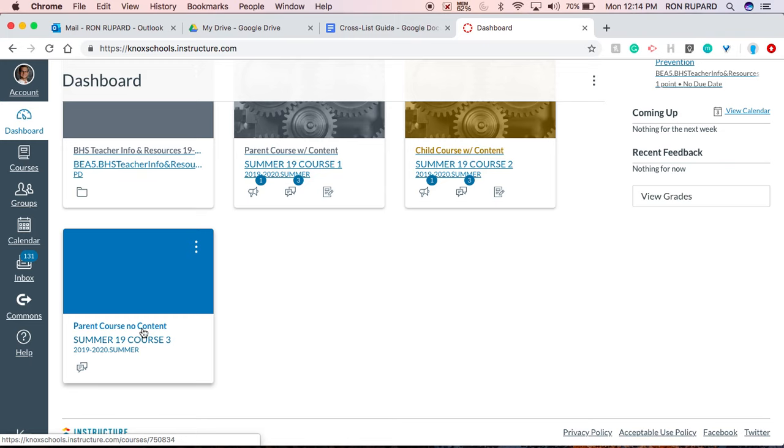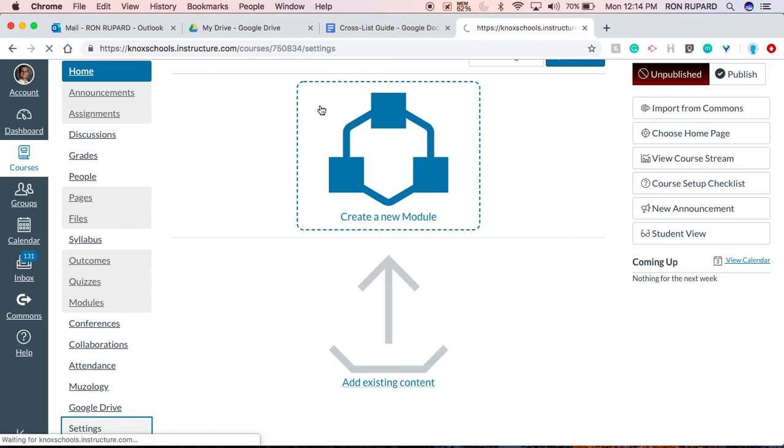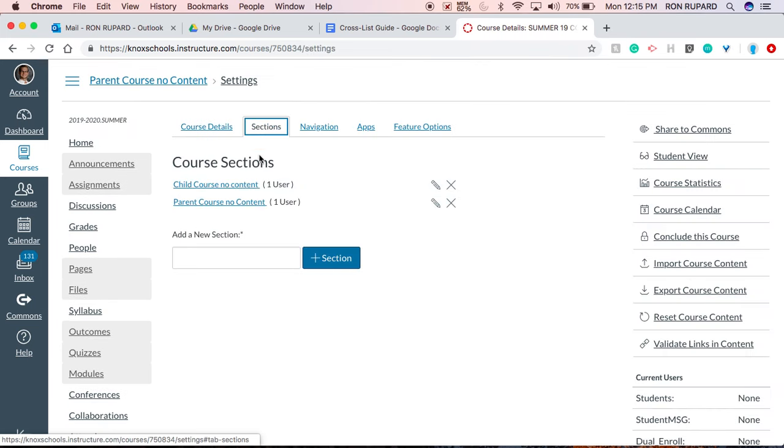And so now, if I'm in that course and I go to section or settings and then the sections tab, I'll see the 2 sections. This is the course that was deemed the parent, and this was the course that we went into to do the actual cross list. So if you do this before you upload any content, it won't matter which one you